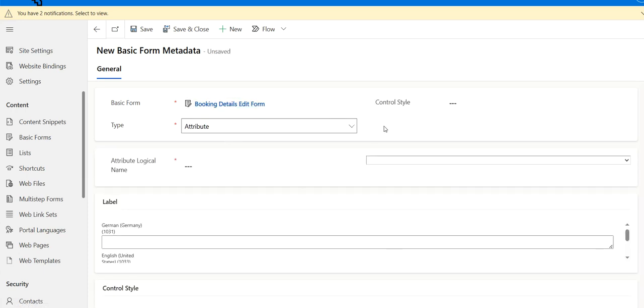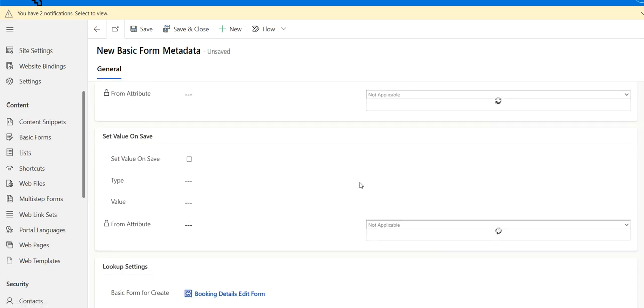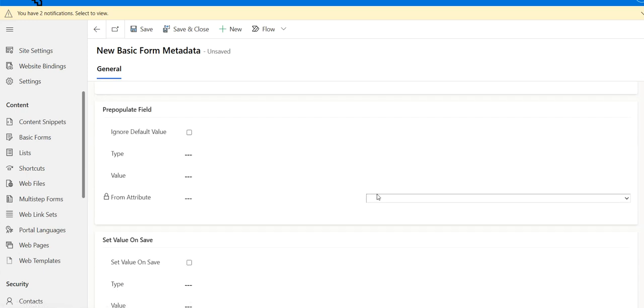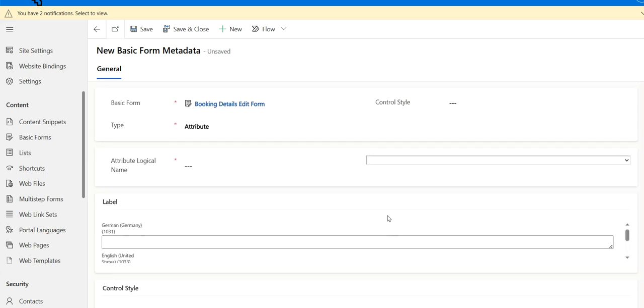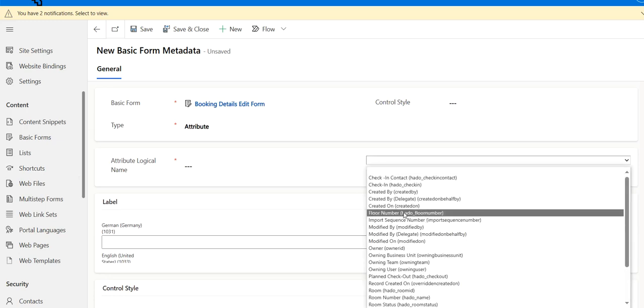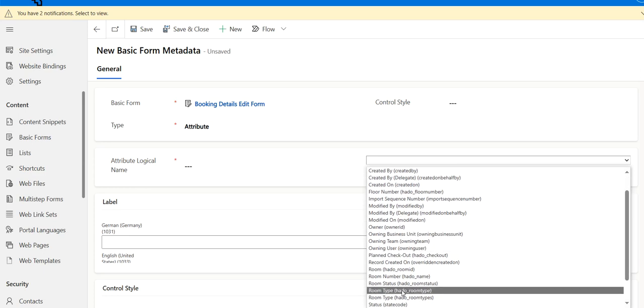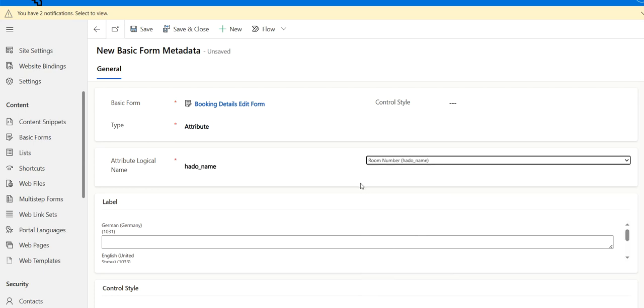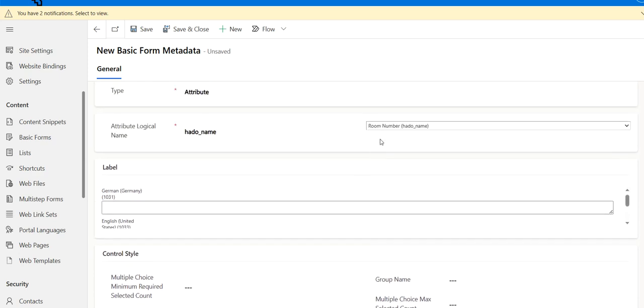attribute. When I select attribute, we get so many options to fill. These are the behaviors of the field we can show on the portal side. If you see here, we can select the first example, whichever field we are going to show the extra behavior for. For example, I am selecting room number. Now for this one, I can change the name. Now it is showing room number, but that is the data side. If I want to show this on the portal side,